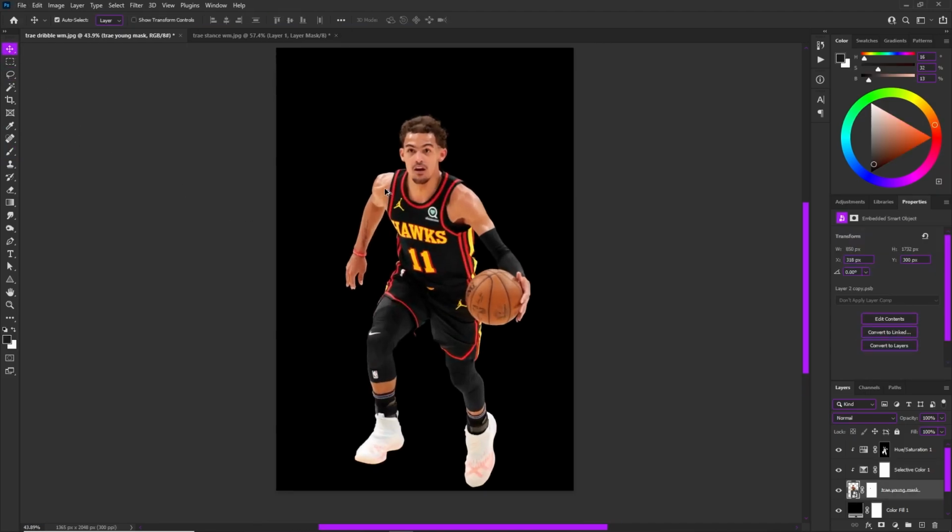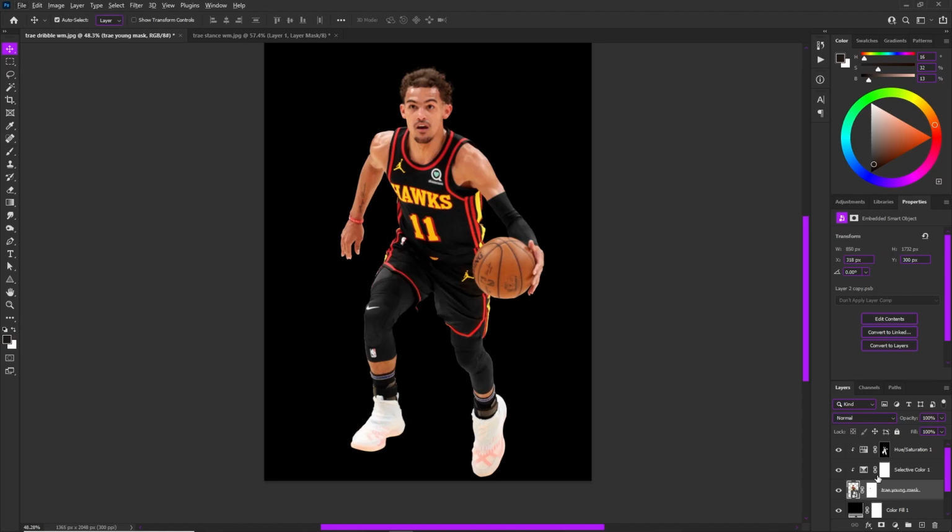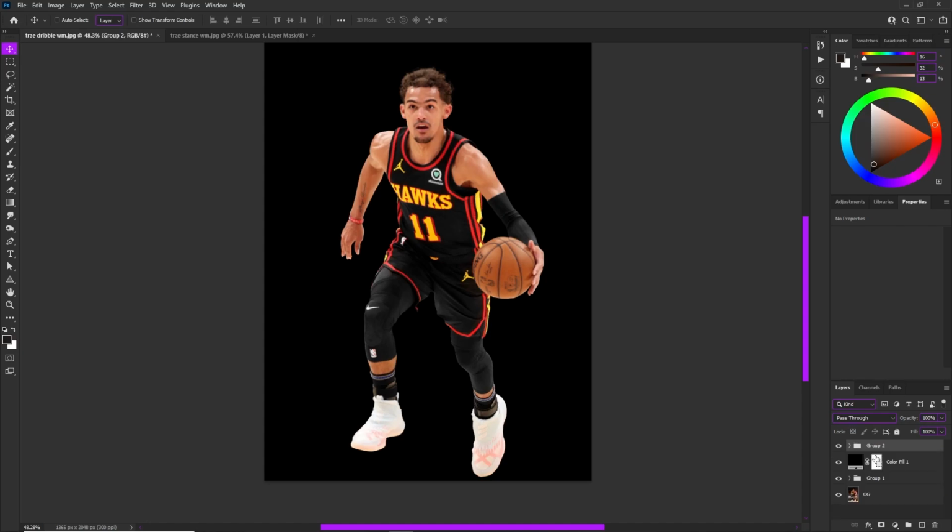Alright, so now once we do that, we're going to condense our mask. So when you're on your Trae Young mask right here, just hold down Shift, go to the top. The hue and saturation layer is on the top this time. Hold down Shift, click, and then we're going to press Ctrl G. And I'm going to name this group. Okay, name your groups. Name it Trae Young before